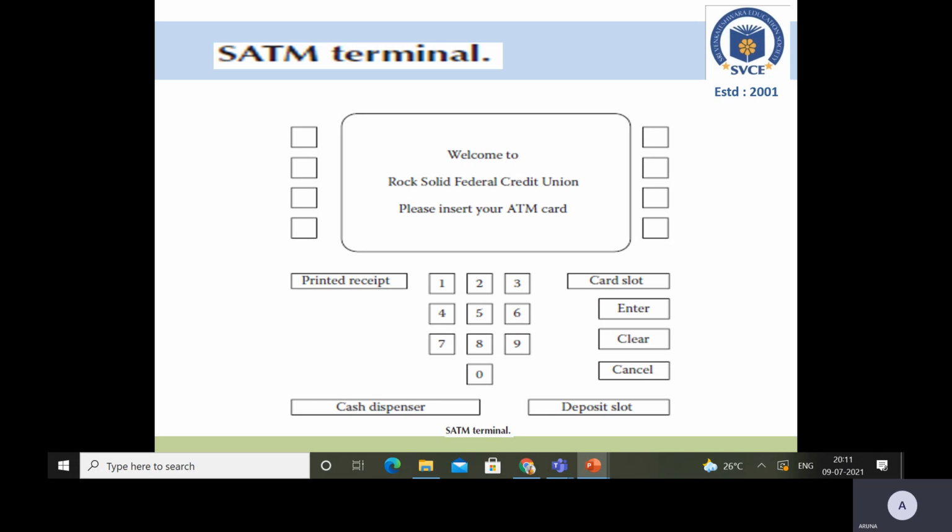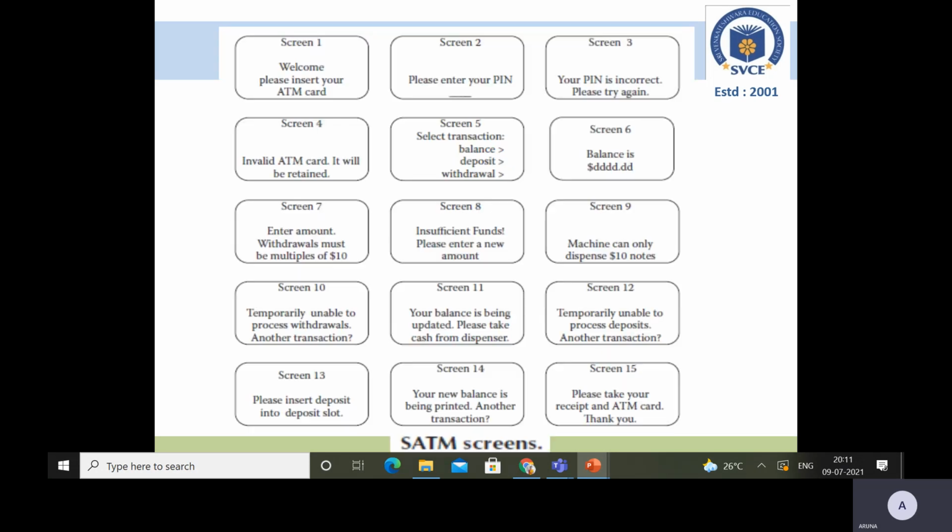If the customer's PAN matches the information in the customer account file, as you insert the card, then the system presents screen 2. So the system will go from screen 1 to screen 2.